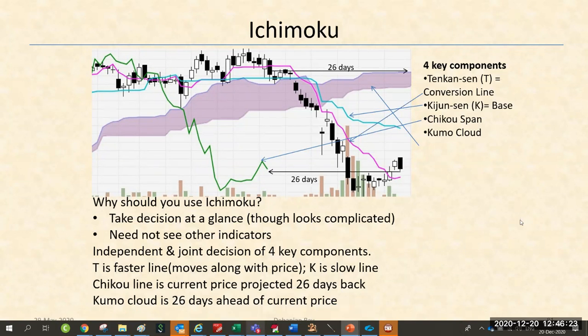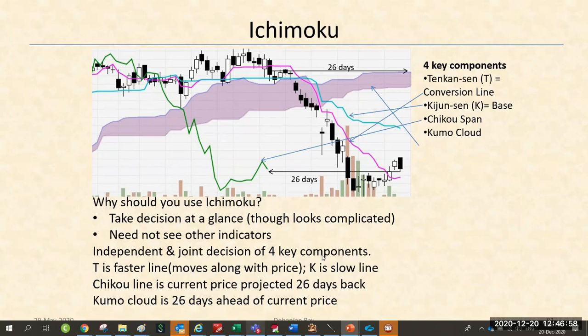Okay. So those who are short-term traders, for them, maybe Ichimoku combined with other signals may be needed. Anyway, at first, if you look at the signal visually, it is quite complicated. Quite complicated means, unlike the other signals that we see, for example your moving average or other things, it looks a little bit more complicated because there are